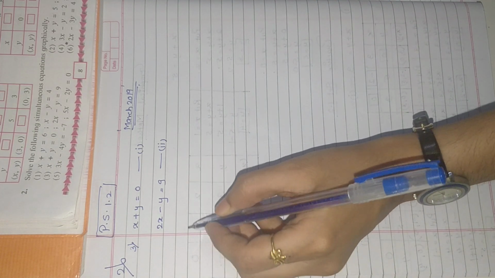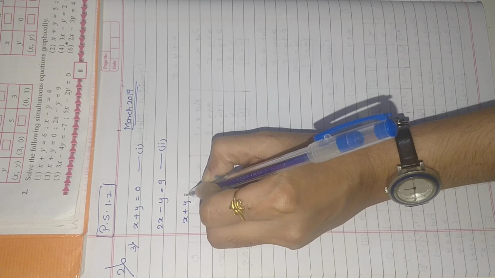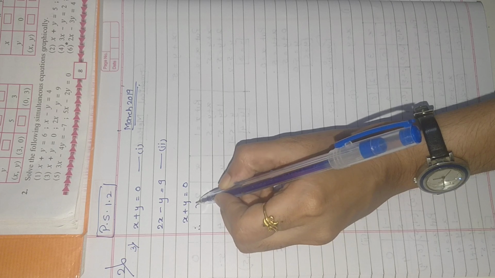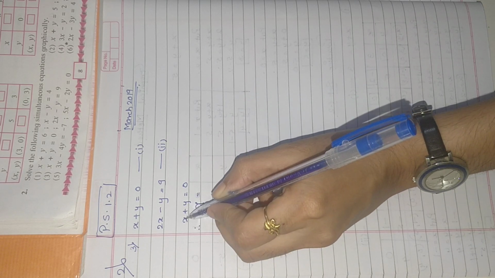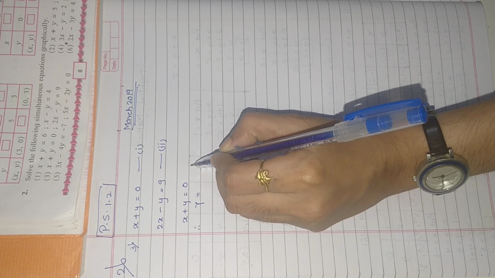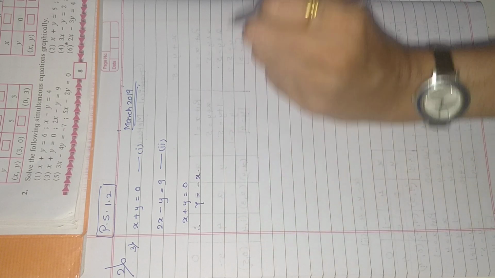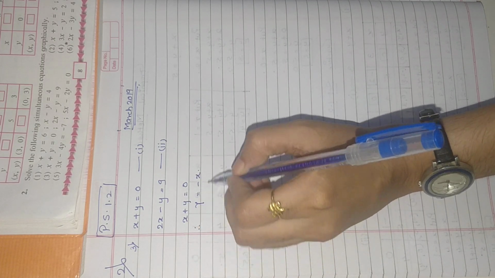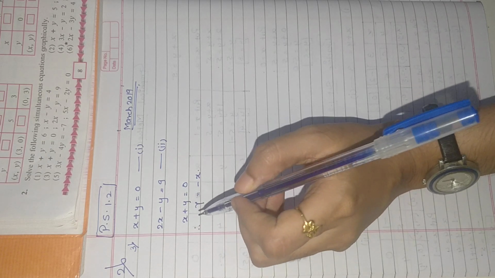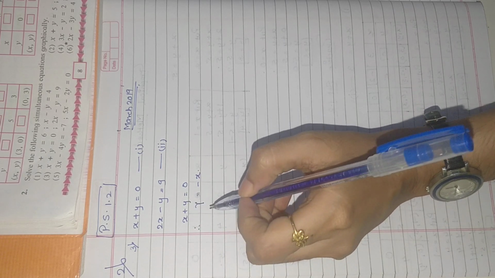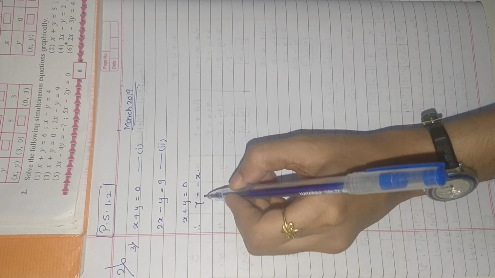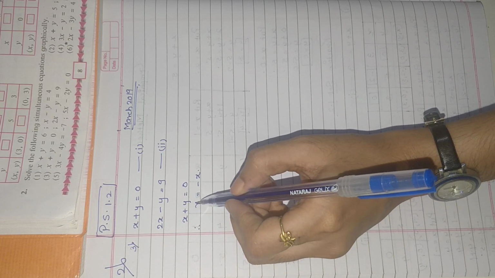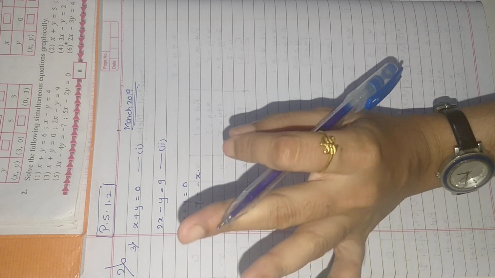Let's see. Now see the first equation, x plus y is equal to 0. What does it denote? If you wish to find y, then when x goes to the right hand side, it will be minus x. Before assuming, you can solve the equation in this way, because ultimately you have to find the value of one variable by assuming the value of another. Okay, fine. So in this sum I'll assume the value of y. I'll assume 3 values for y.